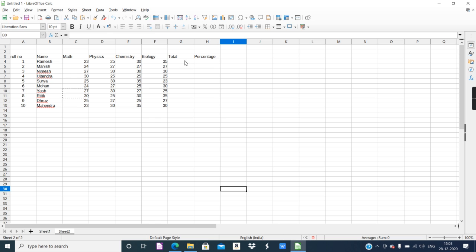First, we have to calculate total and then we will calculate percentage. Now, as we know very well, spreadsheet applications have many formulas, like sum, average, count, min, max, all this. These are the basic formulas and there are many other formulas. Now to execute any calculation, if you are using the system defined formula, because sum, average, min, max, count, these formulas are already